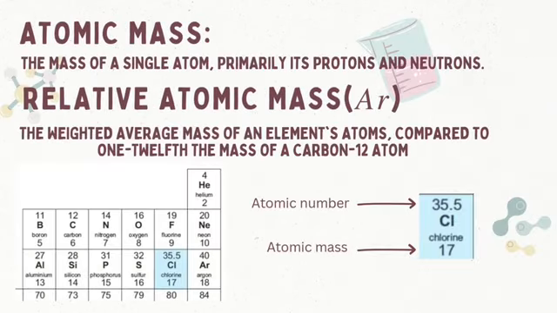First, atomic mass is the mass of one atom. Most of this mass comes from the protons and neutrons in the nucleus. Relative atomic mass, called Ar, is the average mass of all the isotopes of an element. It is compared to 1/12 of the mass of a carbon-12 atom. For example, chlorine has an atomic number of 17 and a relative atomic mass of